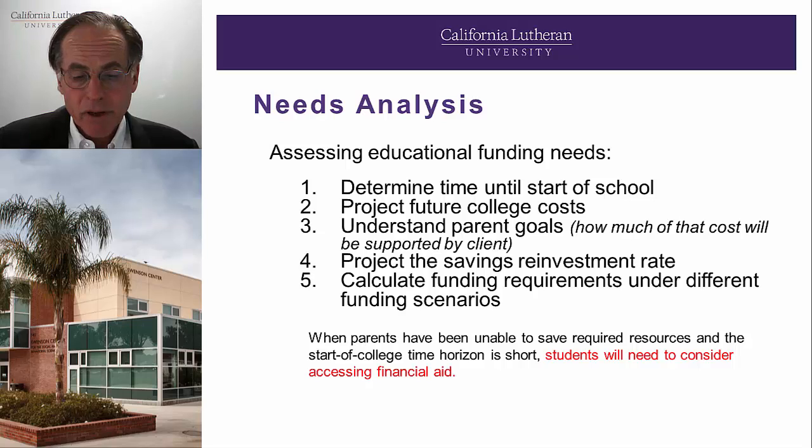In the educational video entitled Funding for Education, Savings Strategies, you learned that analyzing the educational funding need is a logical process based on the amount of time until the start of the schooling, the projected future cost of education, the projected earning rate on savings, and the parent's contribution goal. A systematic savings program can be planned. With time on one side, the benefit from the time value of money, that's compounding, can take place.